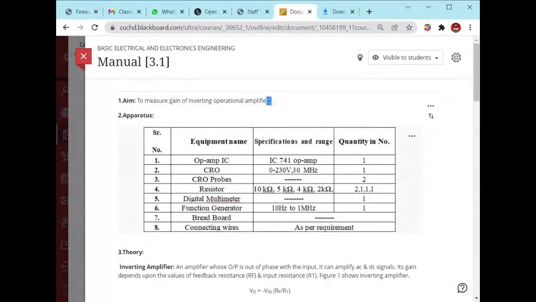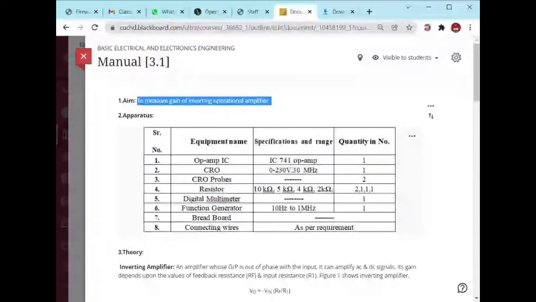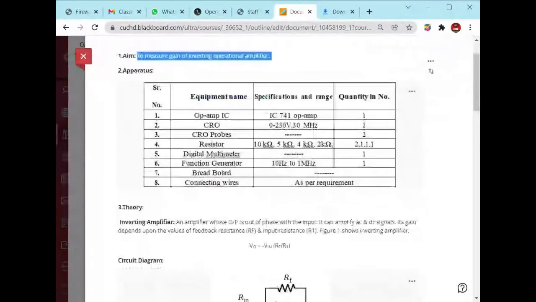Today's lab session is to measure the gain of an inverting operational amplifier. To measure this gain, you first have to understand what an operational amplifier is and how you can find out its gain. To complete this experiment, we have to take some equipment, like this operational amplifier,